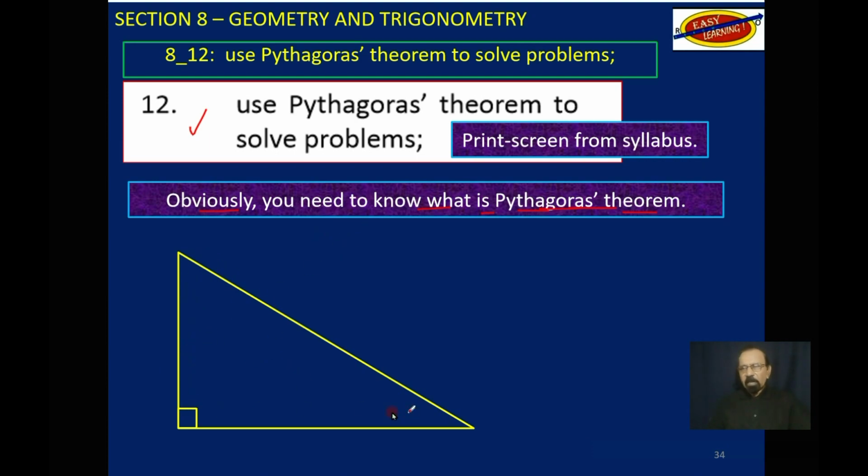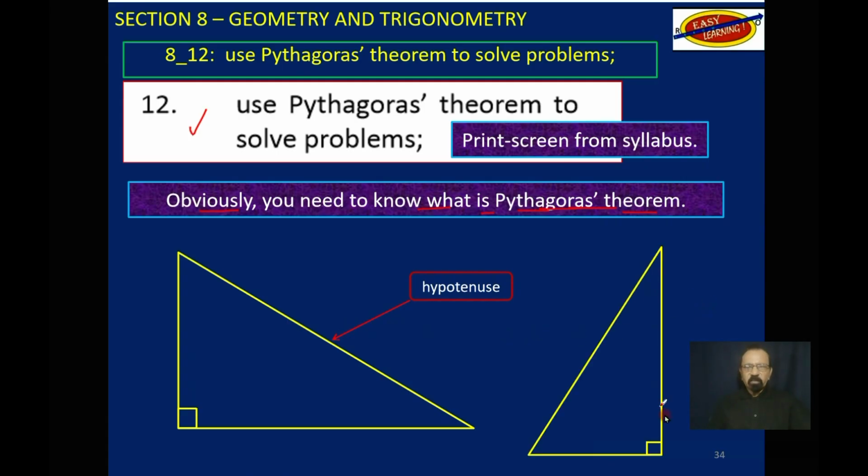If you see a triangle like this with a right angle, it is called a right triangle. Now, the side opposite the right angle is called a hypotenuse. This side here, opposite the right angle. Consider this triangle here. The right angle is down here. The side opposite here is called the hypotenuse. It is important that we are able to identify the hypotenuse of a right triangle in order to understand and use